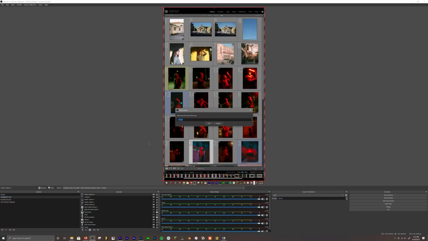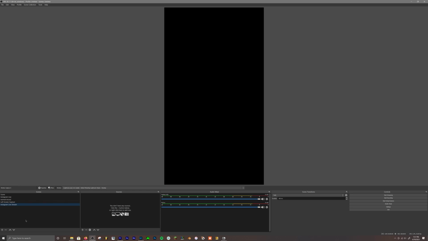Then when everything is done, go ahead and open up OBS, and you're going to need to do a couple of things in order to set up your system. If you're using a dual monitor setup, you want to make sure that you only have one of the monitors actually projecting onto Instagram Live. And for me, I always set it as my vertical monitor, but if you only have one monitor,